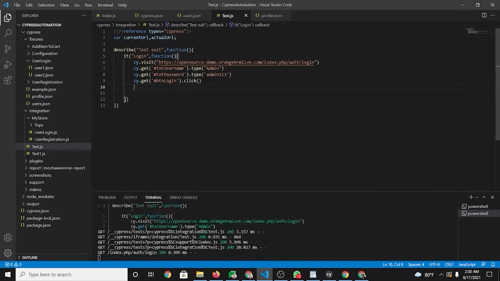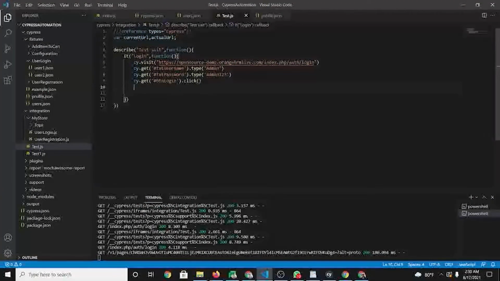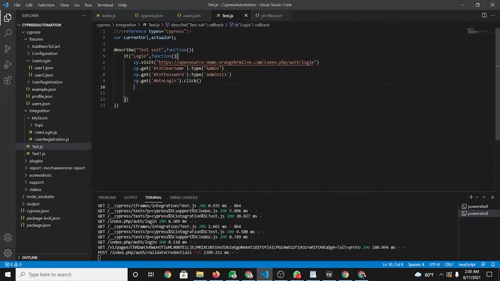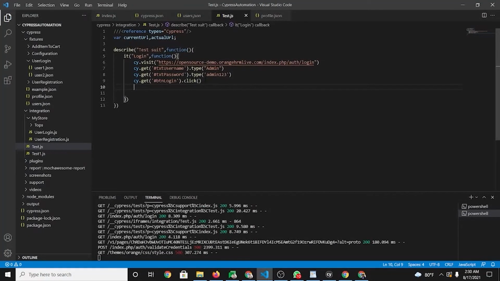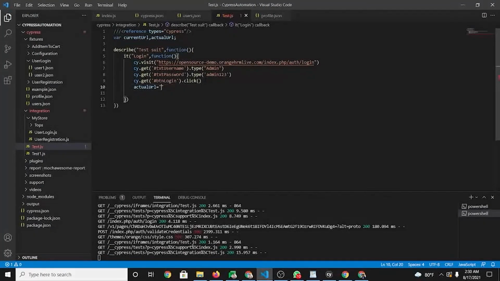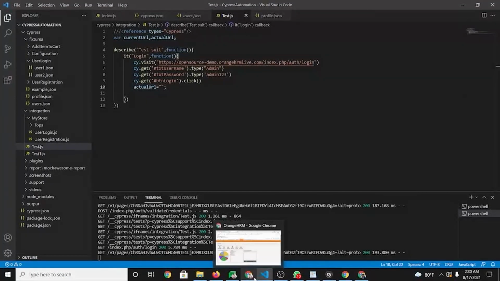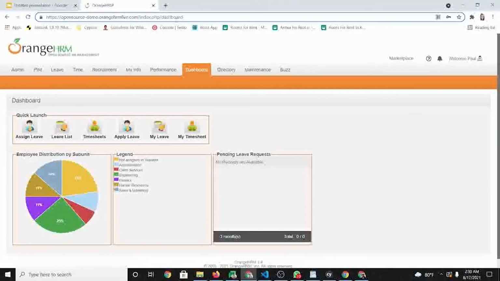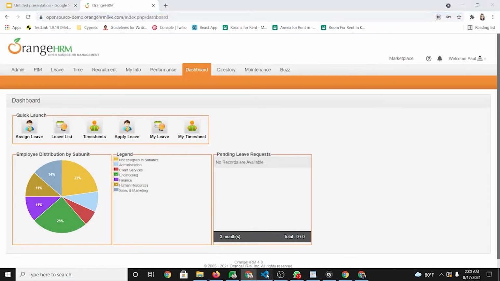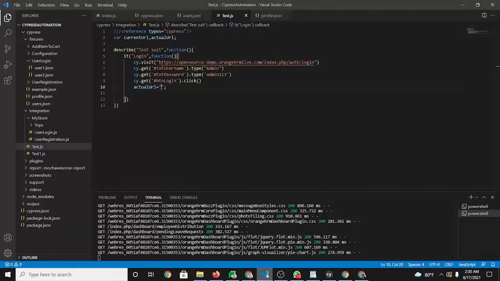We already know the actual URL of the dashboard page, so we can assign the actual URL of the dashboard page from here. Copy, and paste here. Okay,